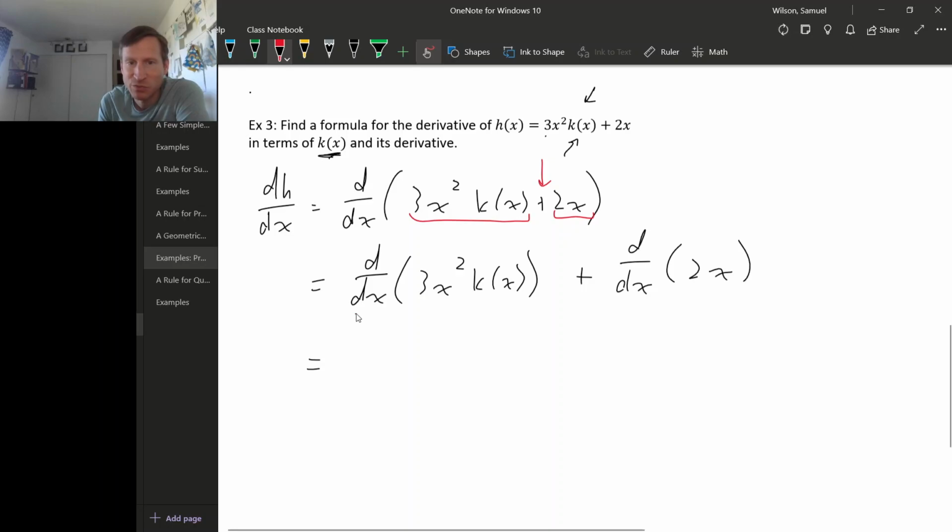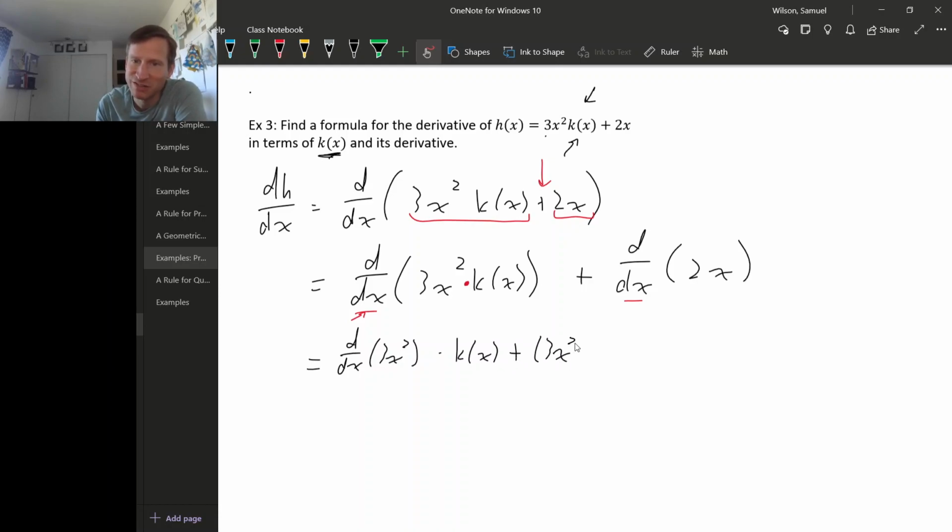So right now we have some remaining derivatives to do. For this first one, again, this derivative sees the last operation that happens, and the last operation is multiplication right here. So we can do the product rule. And the product rule says derivative of the first piece, so derivative with respect to x of 3x squared, times the second piece with no derivative, so k of x, plus the first piece with no derivative, 3x squared, times the derivative of k of x, which is just dk dx,